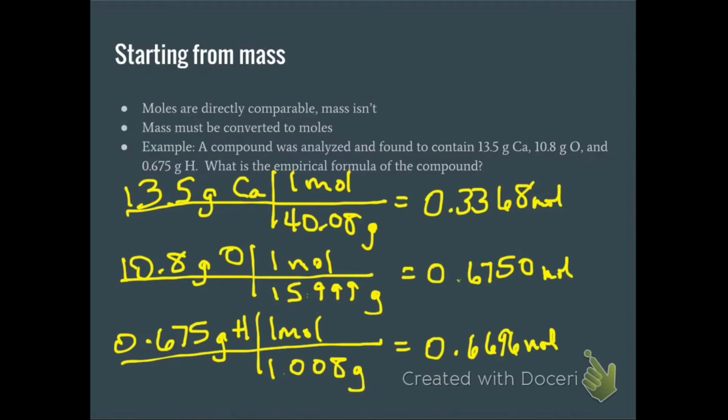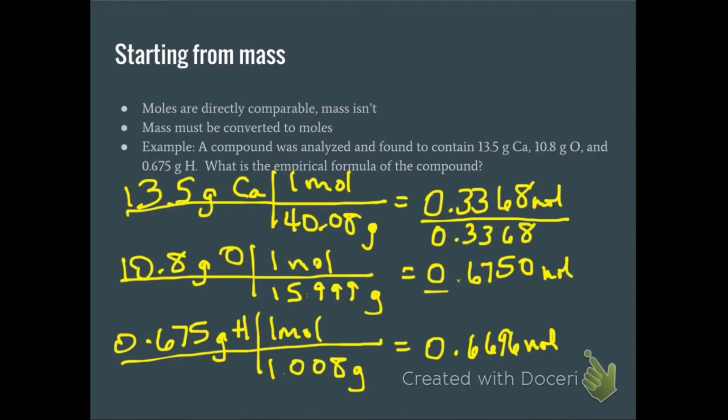You want to try and leave some extra decimal places at this point because the earlier you round, the more likely something is going to go weird in your final answer. So now at this point, it should look pretty much exactly like the problems we did in the last video. We've got everything in moles, so we know our next step is going to be divide by our lowest number. And our lowest number is going to be our moles of calcium, so we're going to divide everything by